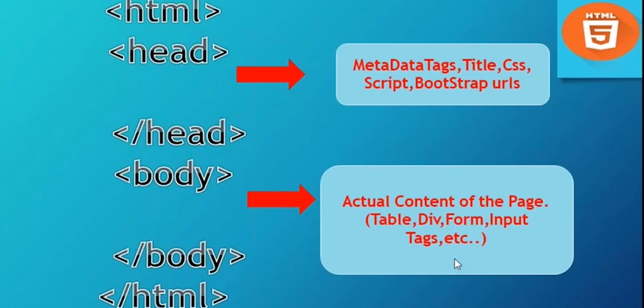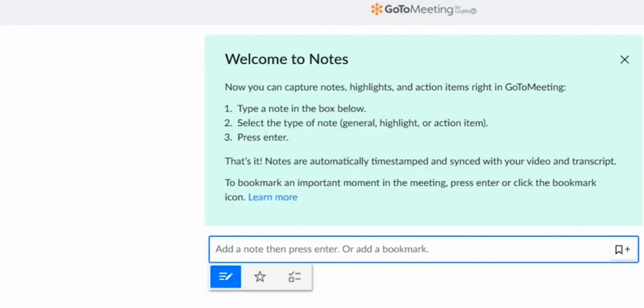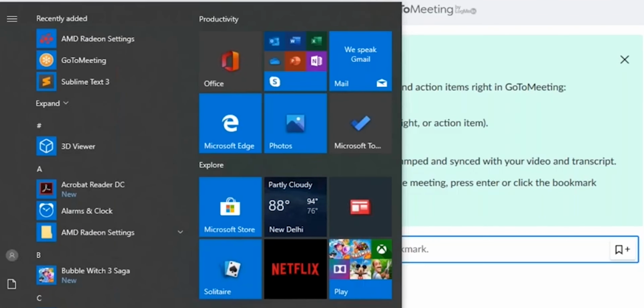Let's flip to one of our code editors. In the start bar, you can click on the Notepad button or search for Notepad. I'm increasing the font size. See this one, this is the opening tag of the HTML. Once you open the tag, you need to close the tag for the HTML.